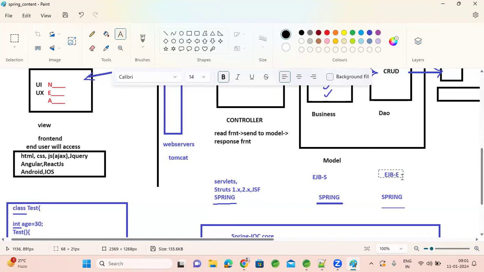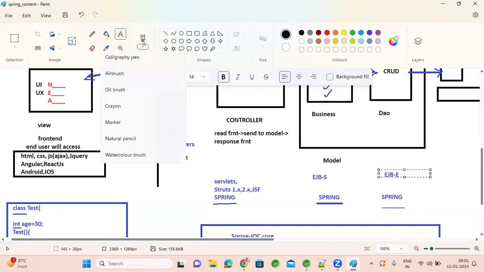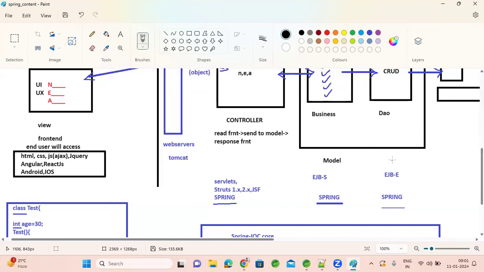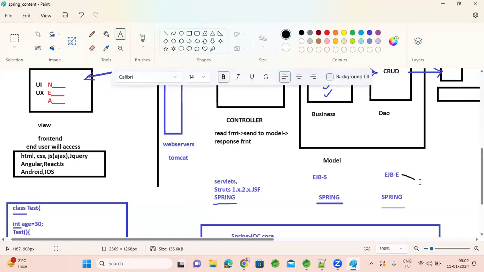The alternative for EJB entity beans was designed by Gavin King. He named it Hibernate. Hibernate is so popular still today, right? It is a very popular framework for doing DAO operations. It is built on top of JDBC only, but in JDBC we write everything, every CRUD operation, save or update or delete.